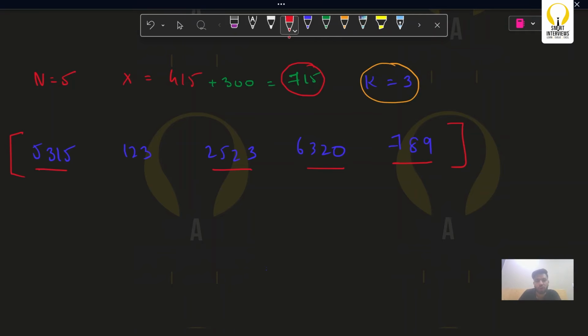But first, how will I find that there are 4 participants whose score is greater than my 715 score? How can I do that? So we can first, of course, just use a simple for loop which will iterate over the array normally and keep a counter. Or, if you want to optimize that part, we can perform binary search here as well, right? So we can sort this array